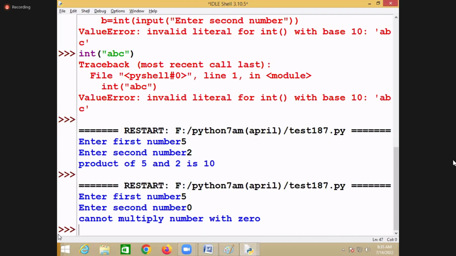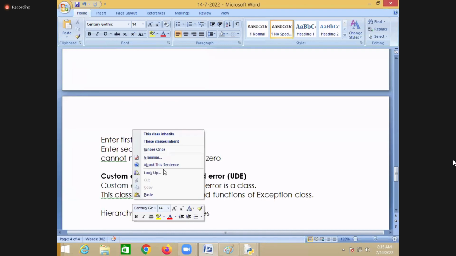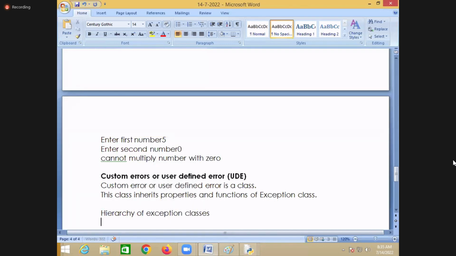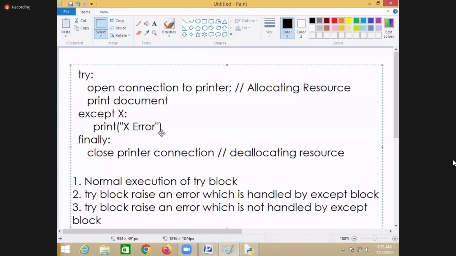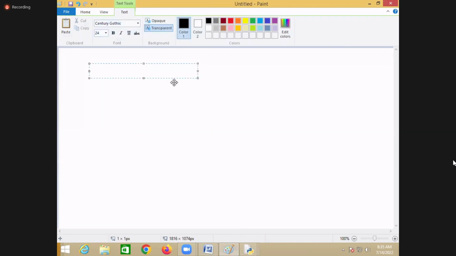Okay. So if you see the hierarchy of exception classes, the parent class for all exceptions is exception.